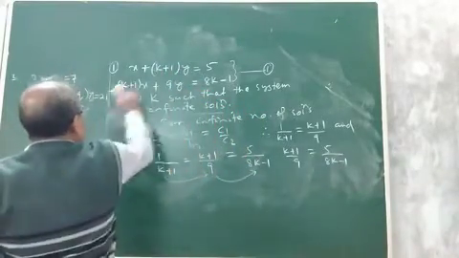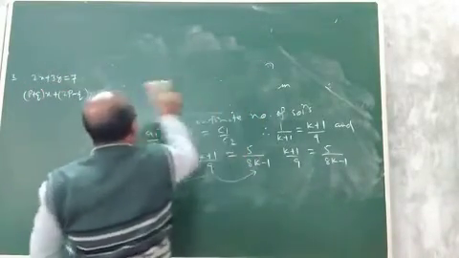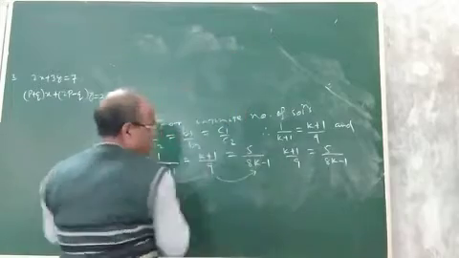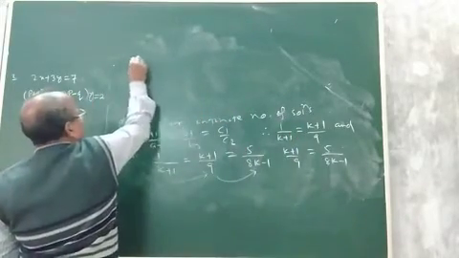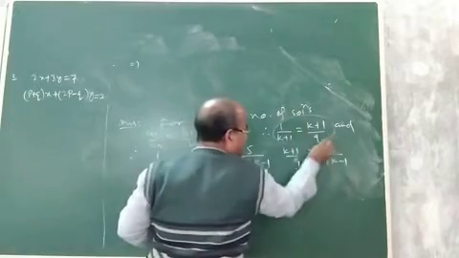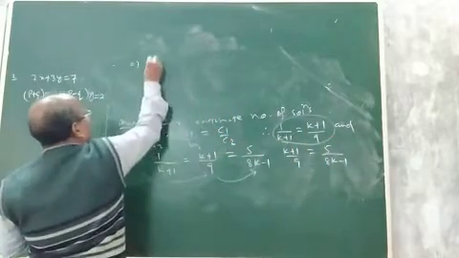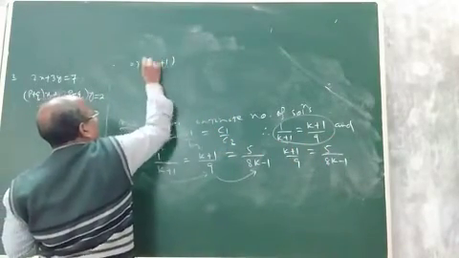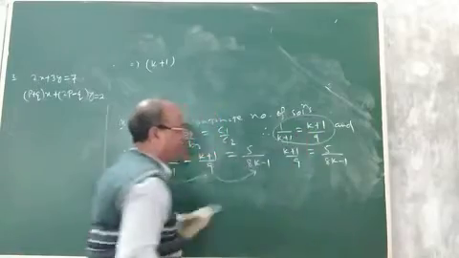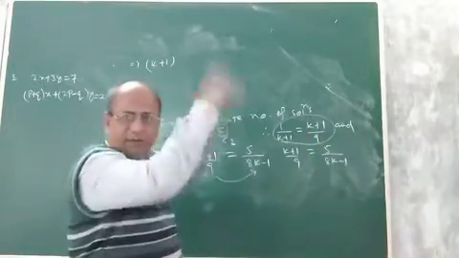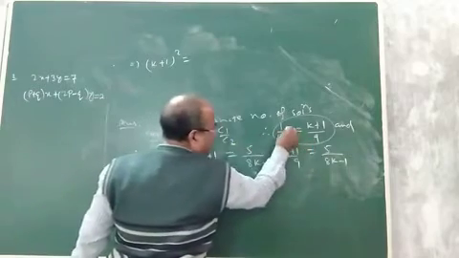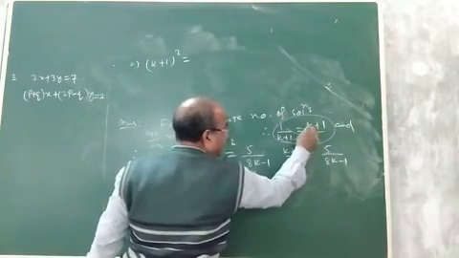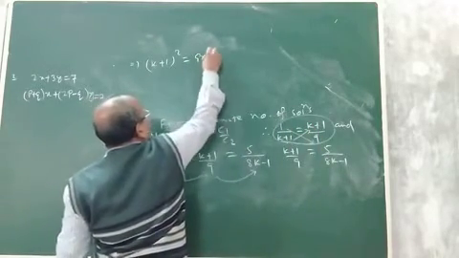Now, if you solve the first one, k plus 1 into k plus 1... On solving this equation, what will you get? You will get k plus 1 into k plus 1. Cross multiplication: k plus 1 into k plus 1 will be k plus 1 whole square. So k plus 1 whole square will be equal to 9 into 1. Cross multiply, so 9 into 1 is 9.